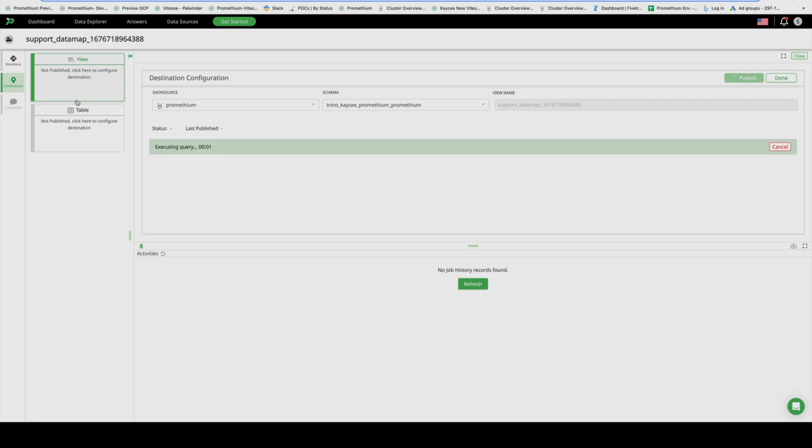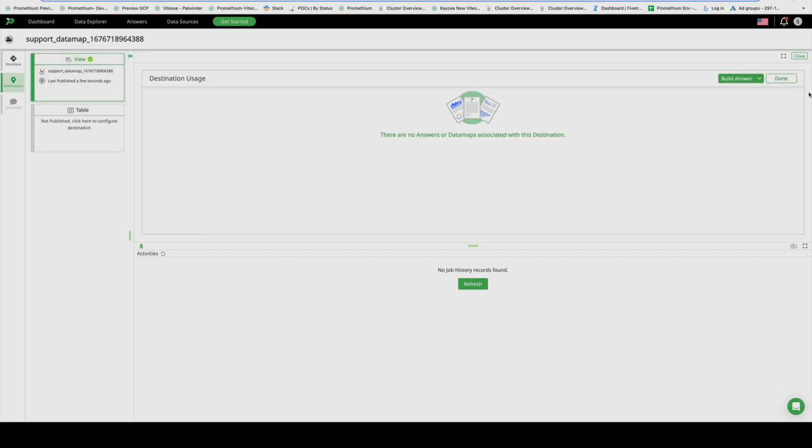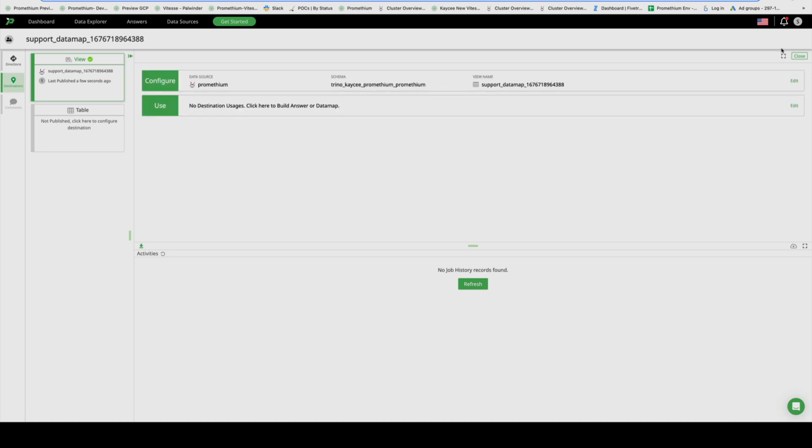But the key here is how easy was that? I went from not being able to query two tables from two different sources to, in a few minutes, standing up a Presto cluster from scratch, registering catalogs, rebalancing it, and instantly being able to do federated queries and get insights across two different sources. That is the power of this on-demand data virtualization capability, where customers have to do zero infrastructure work whatsoever. Super easy, super fast, painless and seamless to manage.